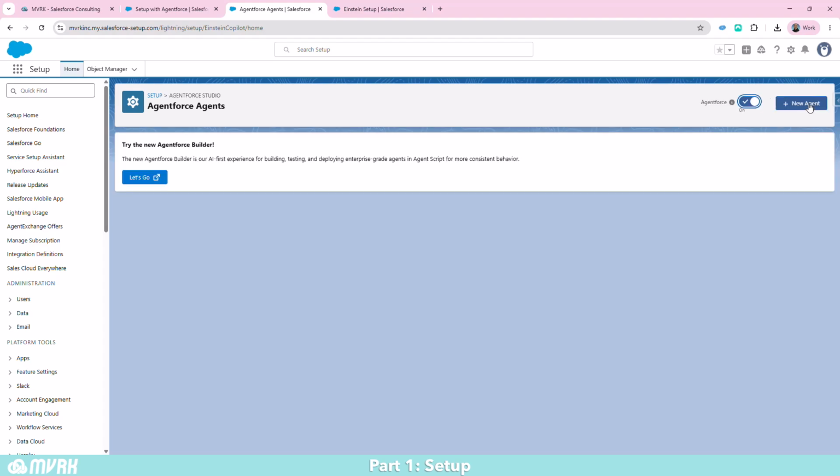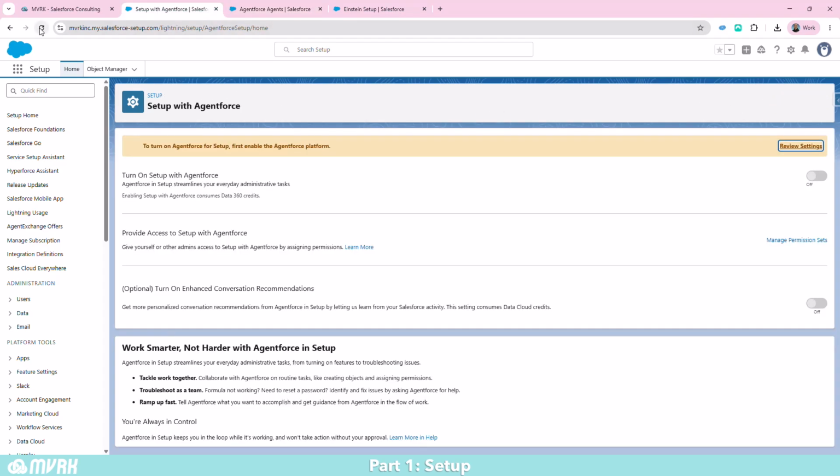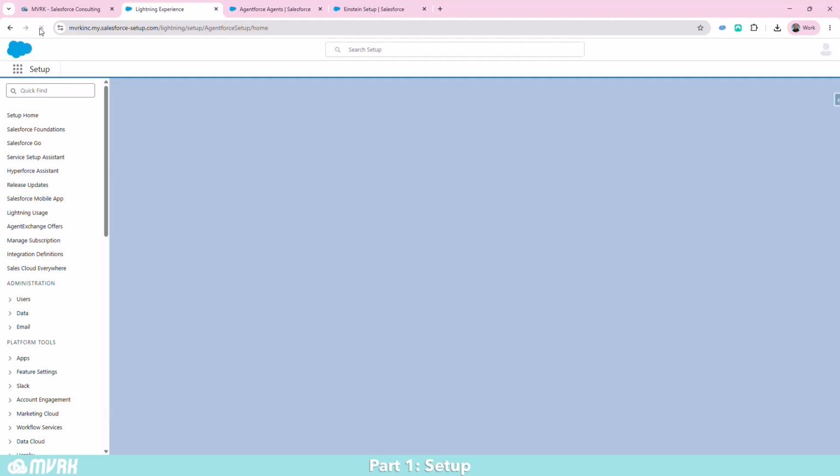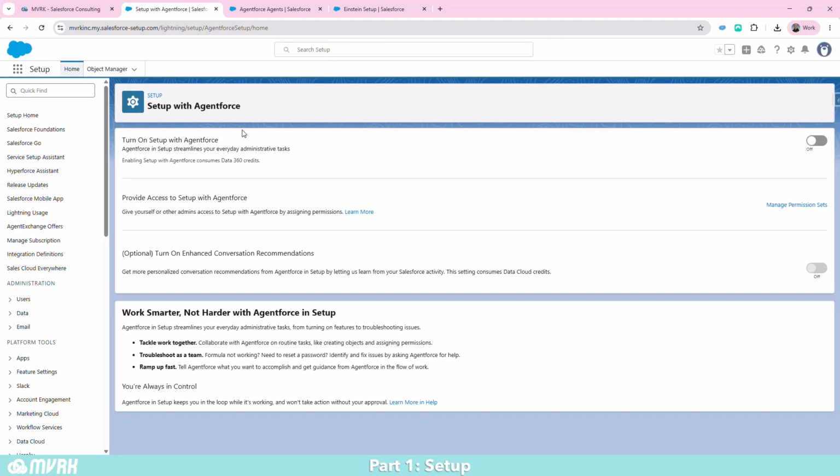I'm in a business partner org, sorry. So I've not set up any of these things, and you'll see at the end I hit some limits due to the fact that I don't have Data Cloud in this environment. Even though it's telling me here, hey, if you enable this, it's going to consume those credits, I enable it nonetheless. First thing it wants me to do is to give myself the permission to have access to Agentforce for